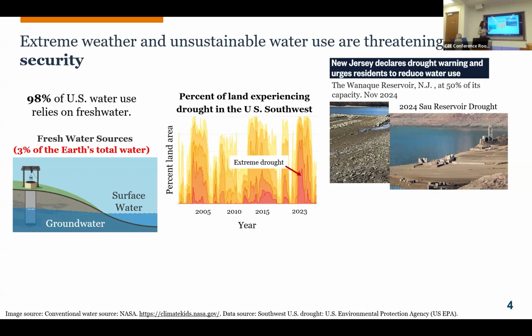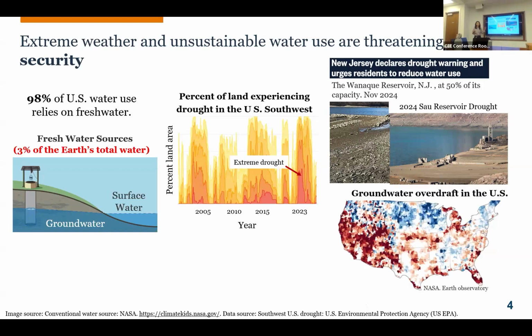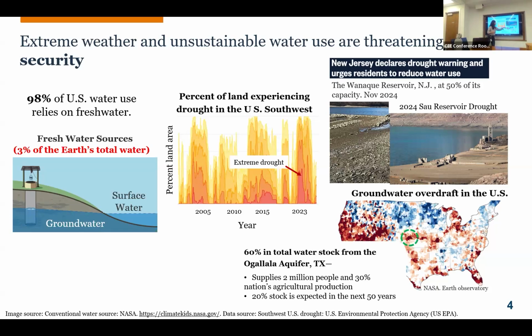As we have a shortage in the surface water, we need to find other water supplies, and that turns our eyes to groundwater. But you can see from this map that the situation is not looking good either. There is an overall groundwater overdraft, and if you look at the center of the US, that's the Ogallala aquifer that supplies 2 million people and 30% of the nation's agriculture production, right now we're only at 60% of our water